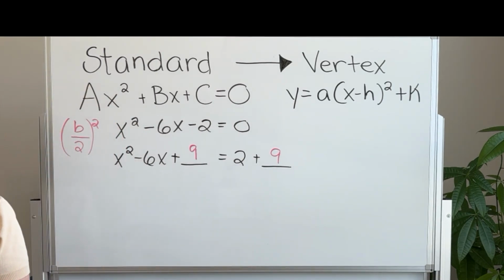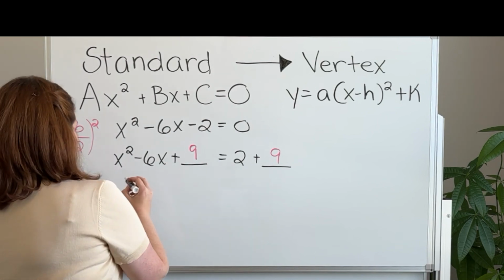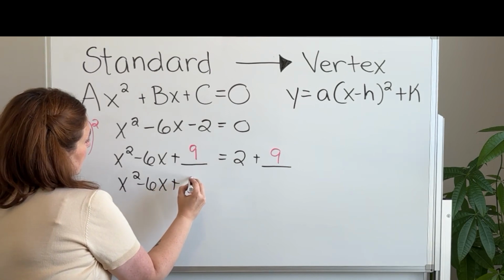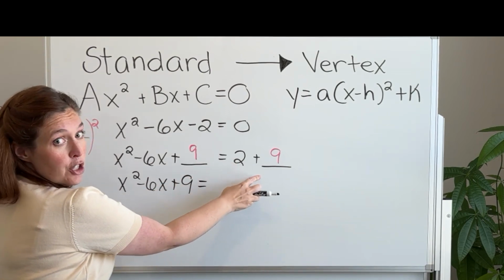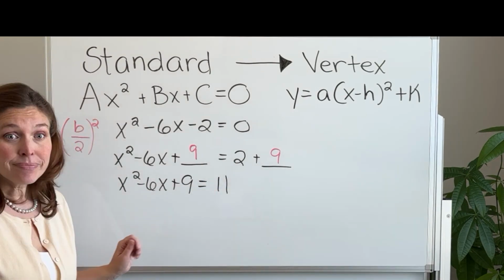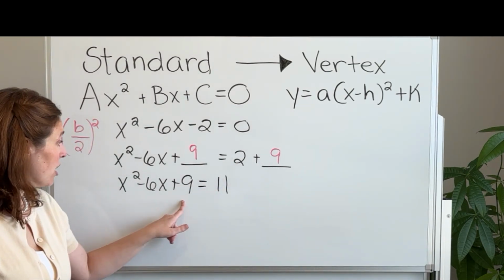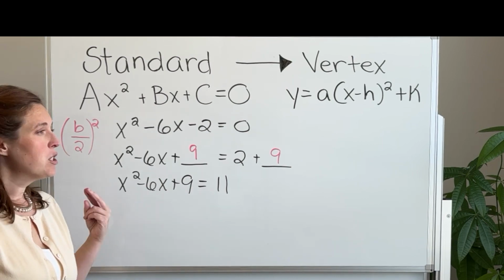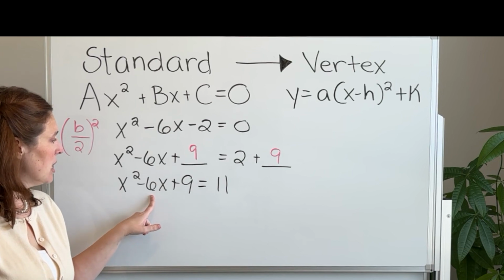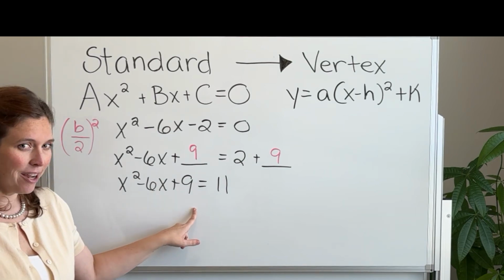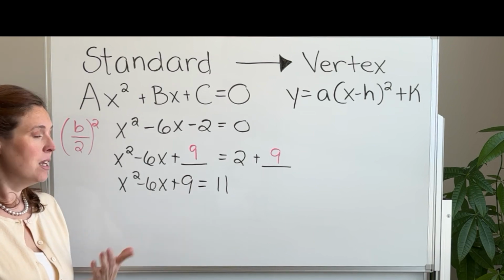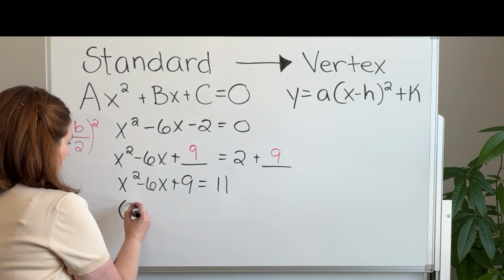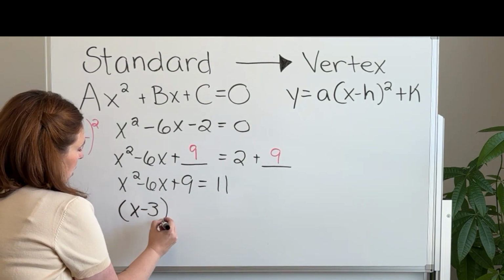Now let's rewrite this so that we can clean it up a little bit. So now we have x squared minus 6x plus 9 equals, we add our 2 and our 9 together, 11. Now that we have it cleaned up a bit, we can see that this is a perfect square trinomial. What two numbers add together to equal negative 6, but when multiplied together equal positive 9? That would be negative 3. So we know that the square is going to be (x minus 3) squared